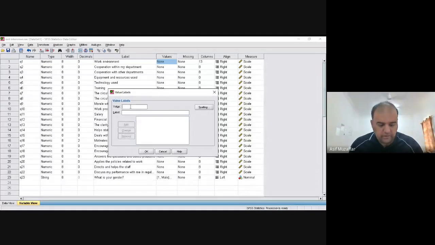In my questionnaire, 1 means strongly disagree, 2 means disagree, 3 means neutral, 4 means agree, and 5 means strongly agree.